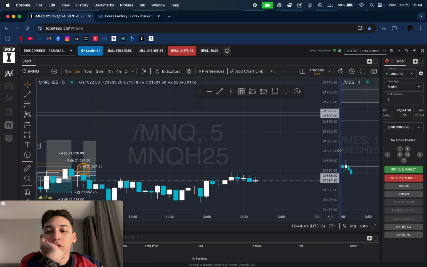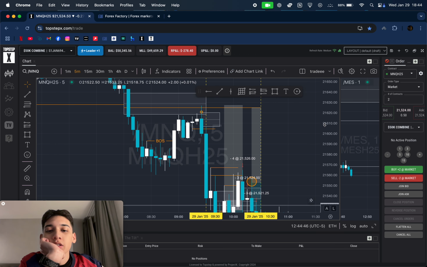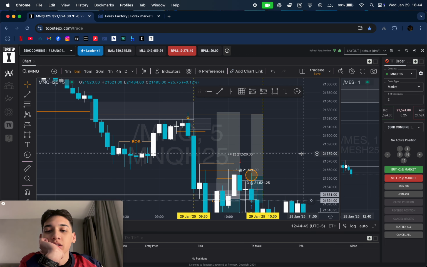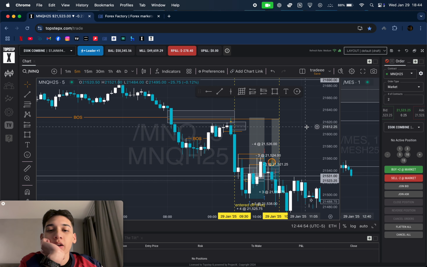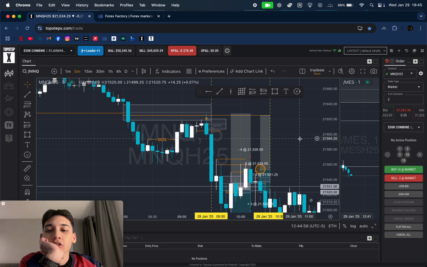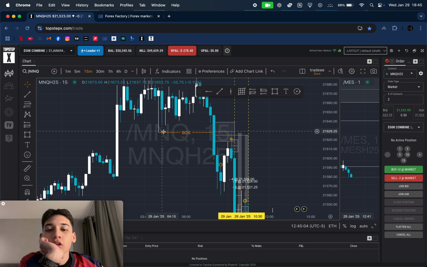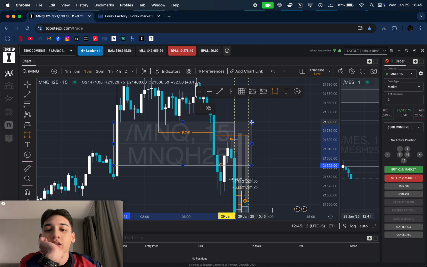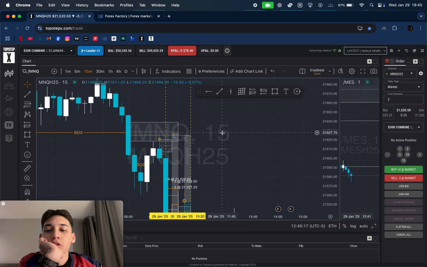Coming into market open, we did have a nice trade that I was gonna take, but I did not take it because it was right as market open, and that's not following my rules. But I might have to change it because it's a pattern that I've been seeing for the past week, and I've been backtesting it, and it also works. How that works is that we have break of structure here on the 15-minute, and then from the 15-minute, we also had this inverse for this imbalance here, and then yeah, we had this fair value gap here for a